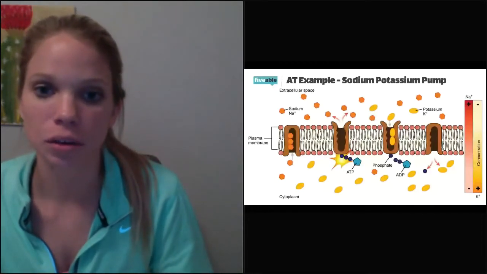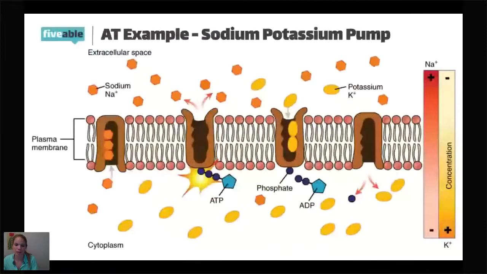Great. So, sodium potassium pump. I'm going to make this big again because you don't need to see my face. You need to see proteins. So you've got your cell membrane, you've got some potassium, you've got some sodium. These are going to be going through active transport. It is going to require energy because it's going against the gradient on both sides. And so the protein works kind of like co-transport for both of those molecules, but both of those are going to be active transport. I know that one's been talked about a lot, so I don't want to spend a lot of time on it.